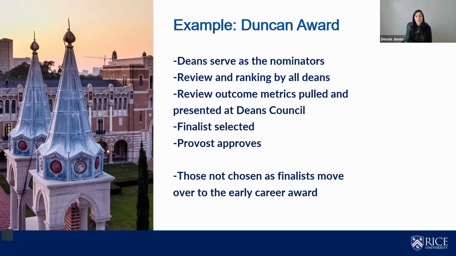So when we first started out, we kept the original format of the Duncan, which was a single letter from the dean, and the early career award used the requirement sections to have different questions throughout. So when we moved those nomination packages over to the early career award, the materials did not match. And the review committee pretty firmly dismissed these additions. They were like, whoever the nominator was, they did not submit the correct materials. We're not even really going to consider that. Now that the requirements match, there's no real way for the committee to distinguish between nomination packages, so each one is reviewed equitably. And again, this is a super easy process.